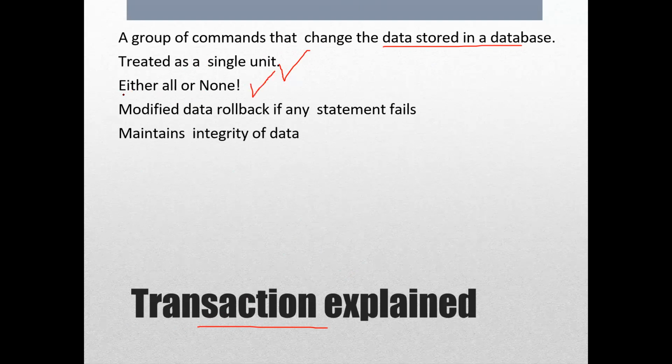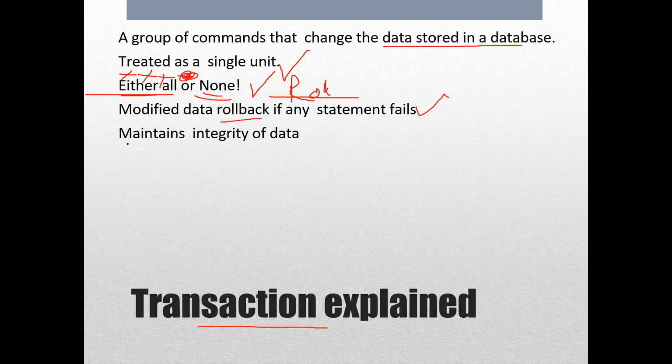Maybe, as I said about the rollback, if you remember, rollback does what? Either all or none. So we are talking about the rollback. If out of four statements in a transaction, the first is successful, the second successful, the third successful, but the last one was not successful, we say either all or none. If all four were successful, we could have done the commit transaction. But if any one of them has failed, we'll do what? We'll do rollback, and we'll call it either all or none. So modified data is rolled back if any statement fails. That is what I'm talking about.